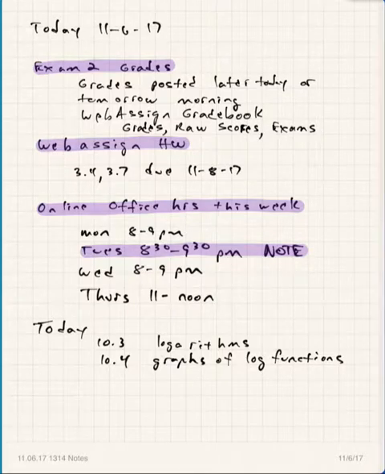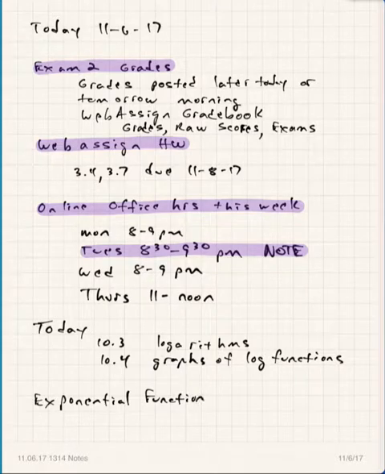Today, we are going to start talking about logarithms and also some basics about logarithms and then graphs of logarithm functions. Also, let me mention your exponential function homework. There was not really any homework that I assigned out of the textbook on that. Instead, I gave you an assignment that I'm not going to pick up for a grade, but I wanted to kind of present that assignment to you one more time.